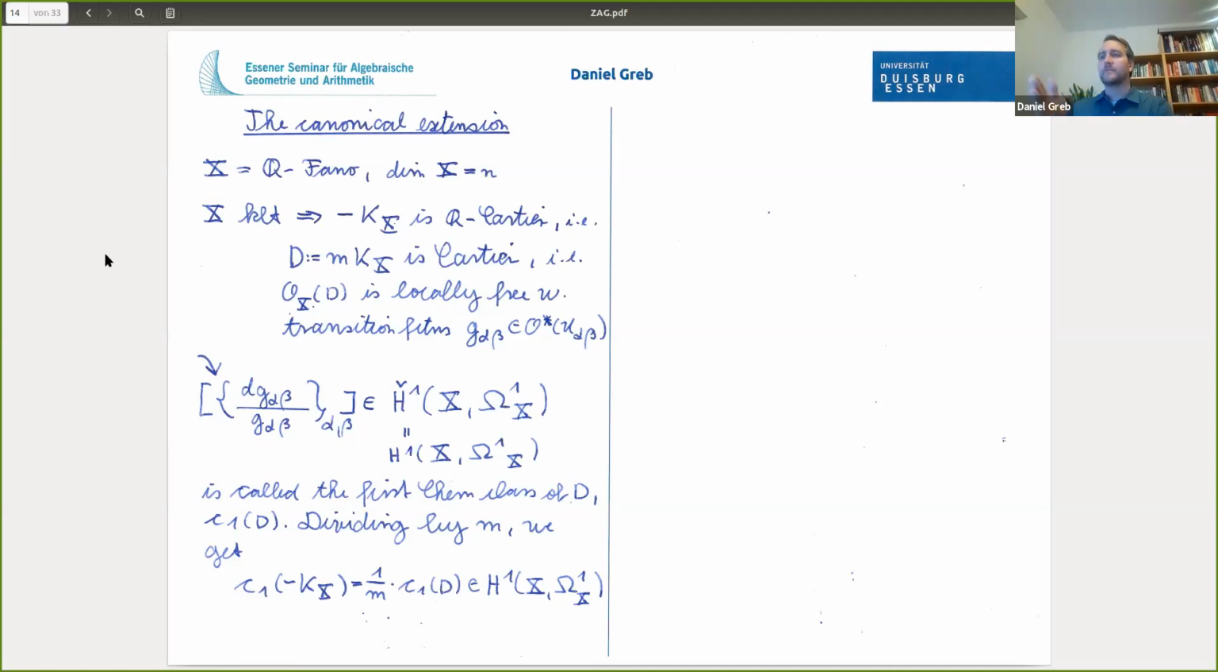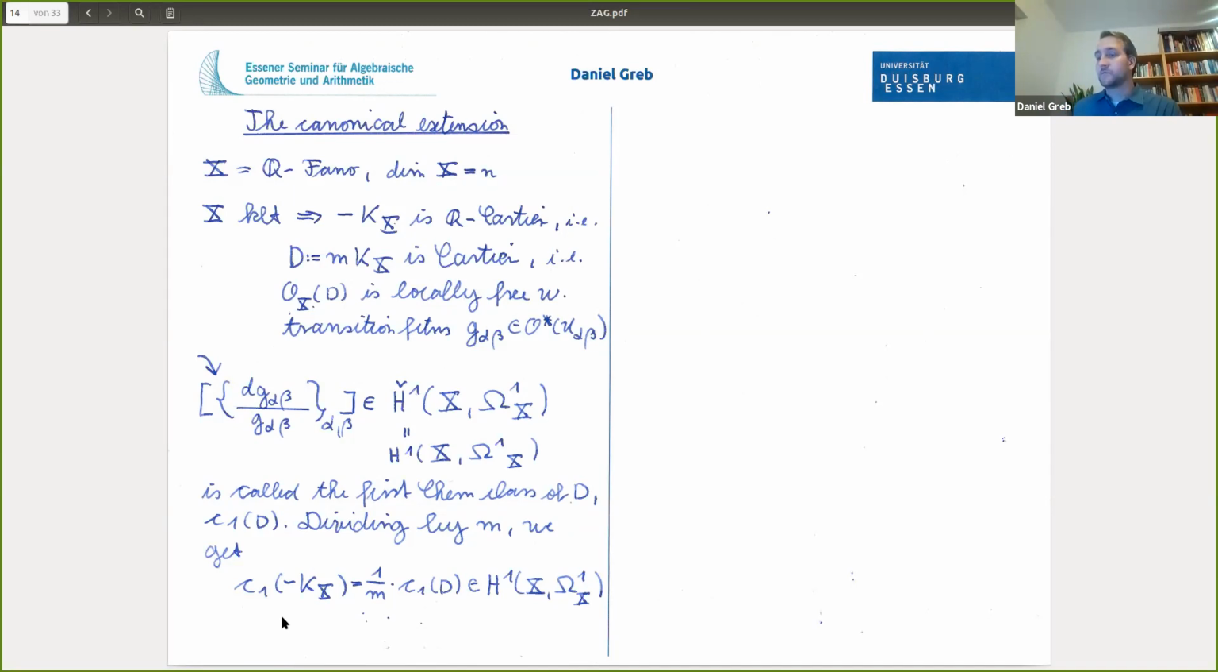And so now I remember that D is m times minus K_X, so I divide back by m. So C1 of minus K_X is 1 divided by m, this first Chern class, and it lies in H1(X, Omega^1 of X). Okay, so that's a very, very natural object associated to the anti-canonical polarization. Okay, and now I make another small observation,